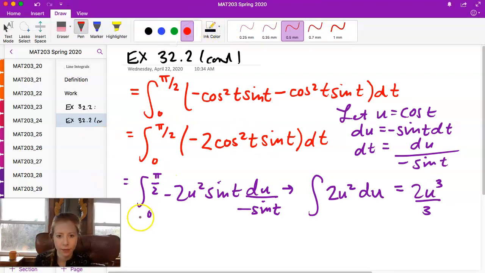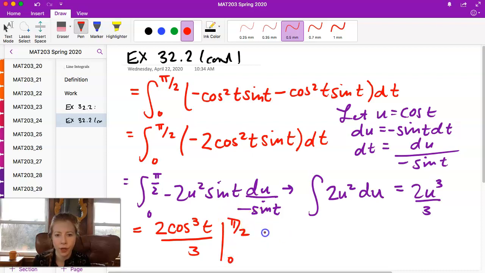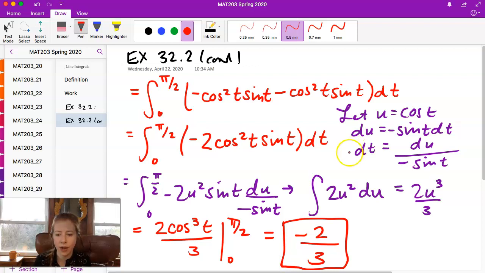Plugging this back in, u is cosine t, so it's going to be 2 cosine cubed t over 3, going from 0 to pi over 2. And so that's going to give us minus 2/3. So the work is going to be minus 2/3 there,